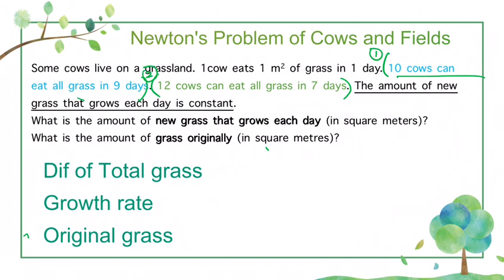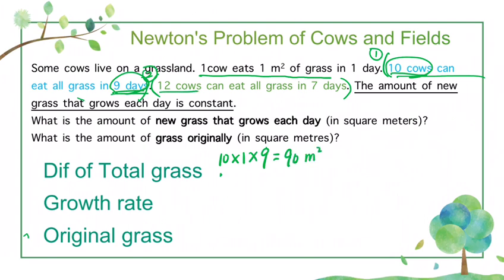Okay, 10 cows can eat all the grass in 9 days. So in these 9 days, what amount of grass do they eat in total? We call it the total grass, right? So it's 10 cows. One cow eats 1 square meter of grass in 1 day. So 10 cows is 10 times 1, 10 square meters in 1 day, right? So in 9 days, you just times 9, it's 90